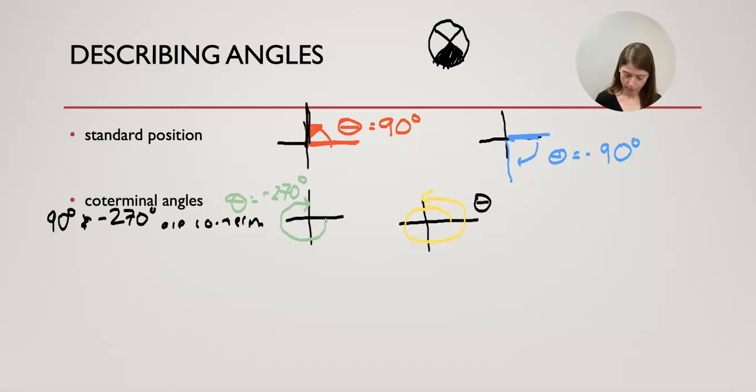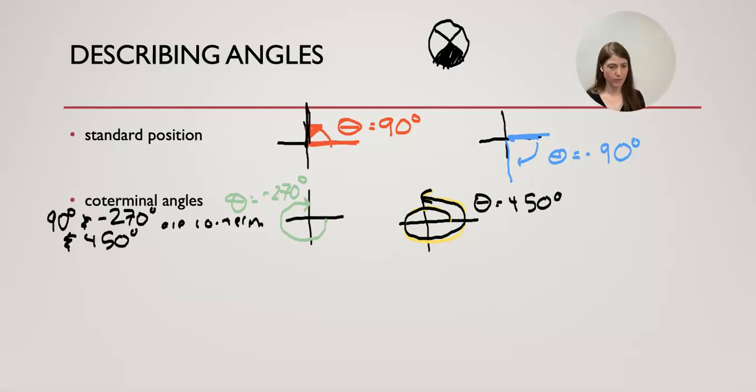So that sort of angle measurement is going to be 450 degrees. Okay, so we're already kind of picking up on the idea that we know there's 360 degrees in one rotation around a circle. All right, so if we're thinking about this, we can now go ahead and say 90 and negative 270 and 450